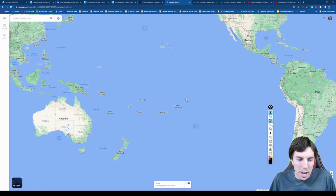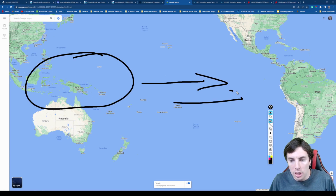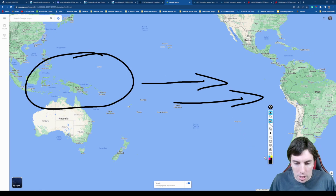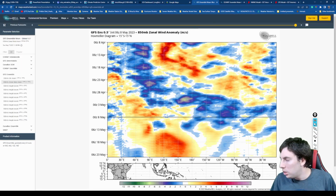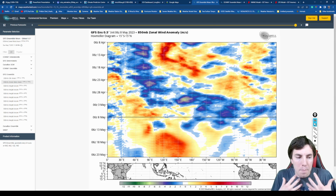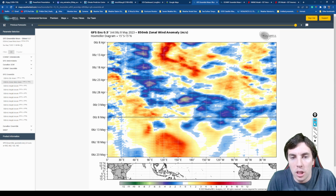But when our pressure patterns relax and the trade winds relax, this warm water over here in Papua New Guinea, Indonesia, and India is allowed to slosh eastward. Over months, it can take up to several months to happen, right? But when it occurs, we get an El Nino. So hopefully I made sense there. Okay, I'm trying to do all I can here to being one of the better ones out there that explain